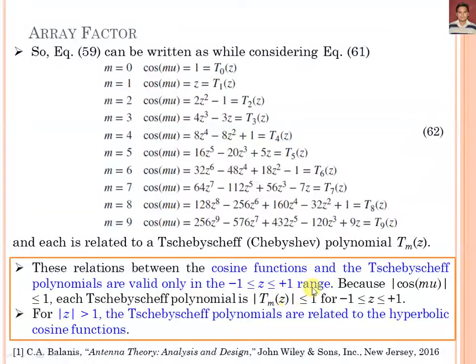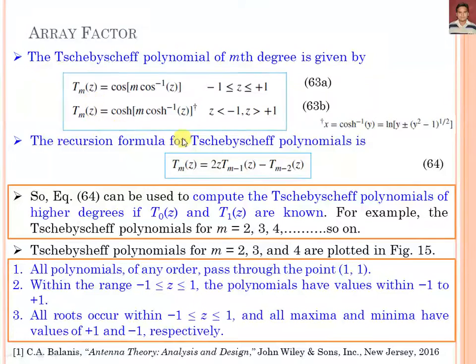This is important when we are drawing the Dolph-Chebyshev array with respect to amplitude versus z. So cos mu is less than or equal to 1. So each Chebyshev polynomial Tm of z is less than or equal to 1 for z from -1 to +1. If the mode of z is greater than 1, then Chebyshev polynomials are related to the hyperbolic cosine function. This is another important relation, and these two important analyses we have to summarize for the mth degree polynomial,